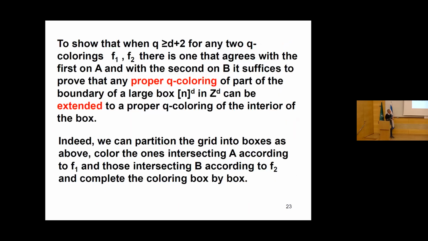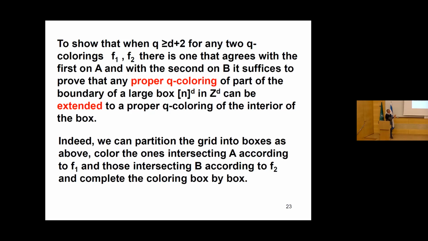And for the more interesting part, if Q is at least D plus 2, we want to show that for any 2 colorings, F1 and F2, there is a coloring that agrees with F1 on A and agrees with F2 on B. So the first observation is that it's enough to show that when we have a